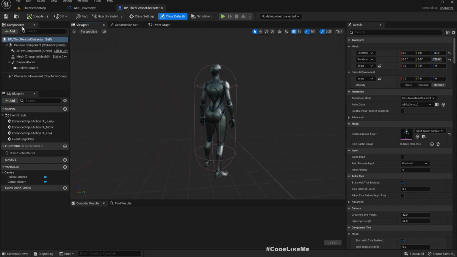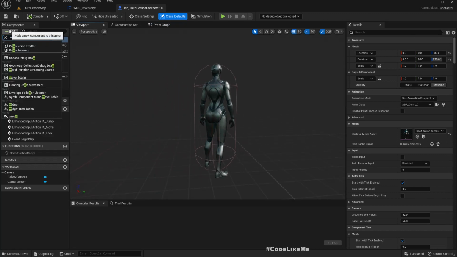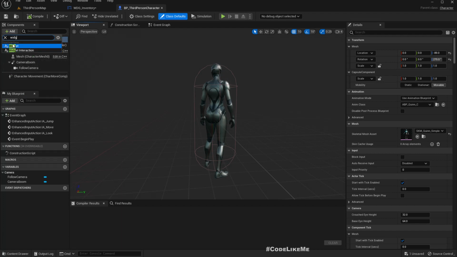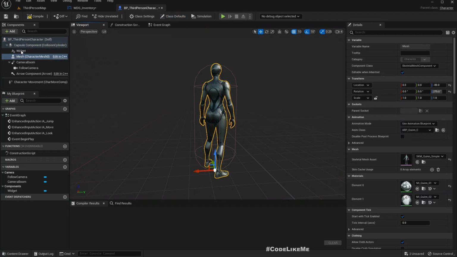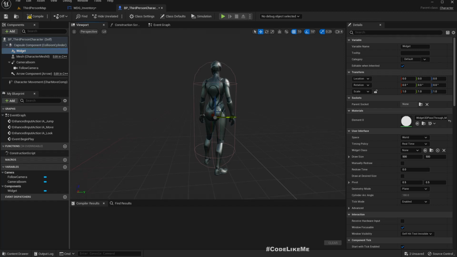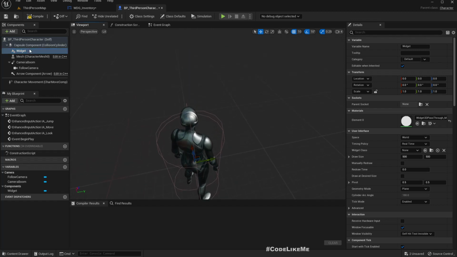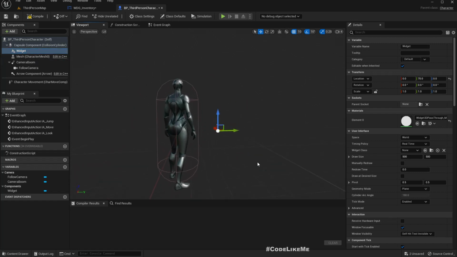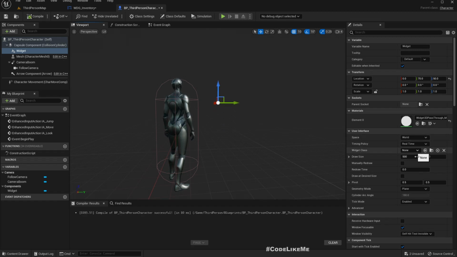No, let's add widget component here. I'll attach it, place it in a place like this, and as the user widget,